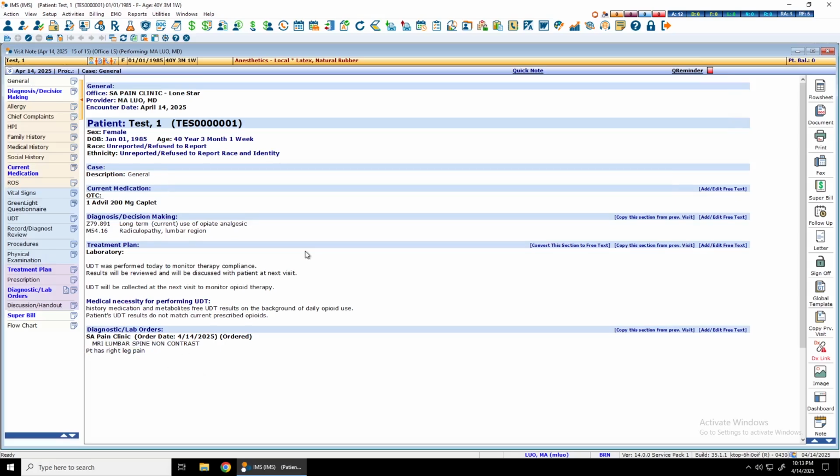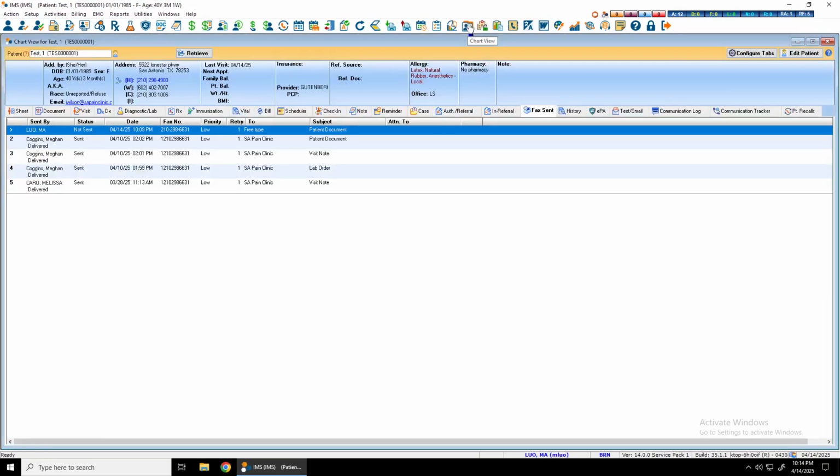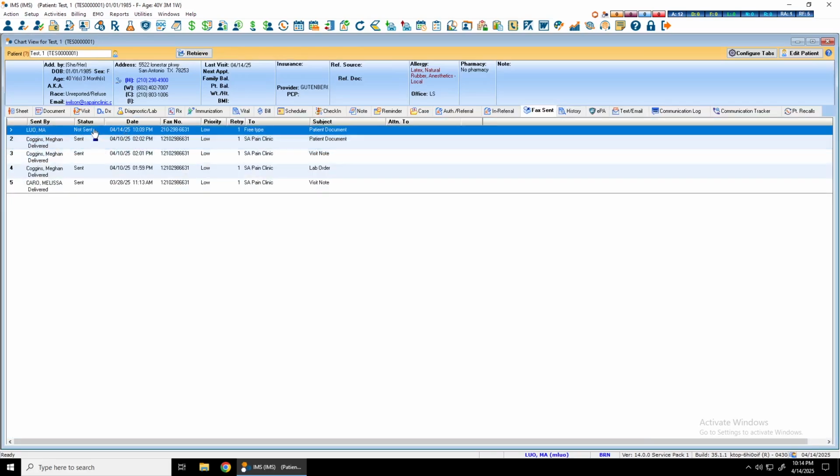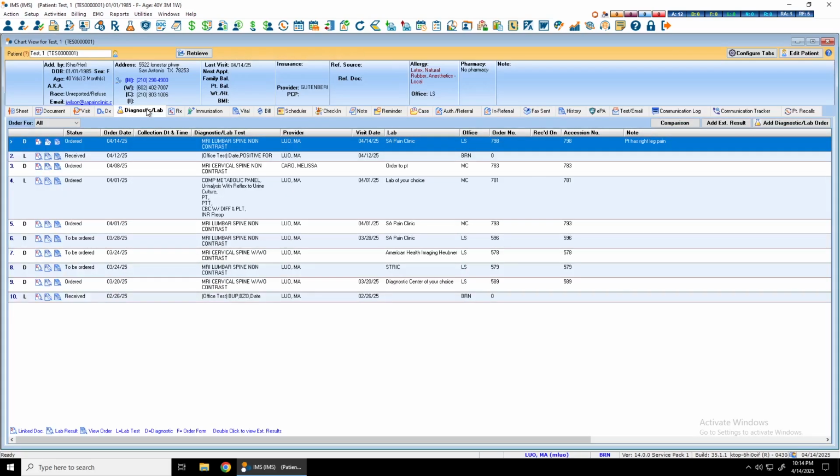Well, how do you check if you want to see that it's sent already or not? Again, we can go to that same chart review here. And then from chart review, you'll see, let me see if there's an update. Right now it's not updated yet, but in a little bit, we'll check back. There's a different way you can actually order it. In this way, we're going to try to hit diagnostic lab right here. And then we're going to